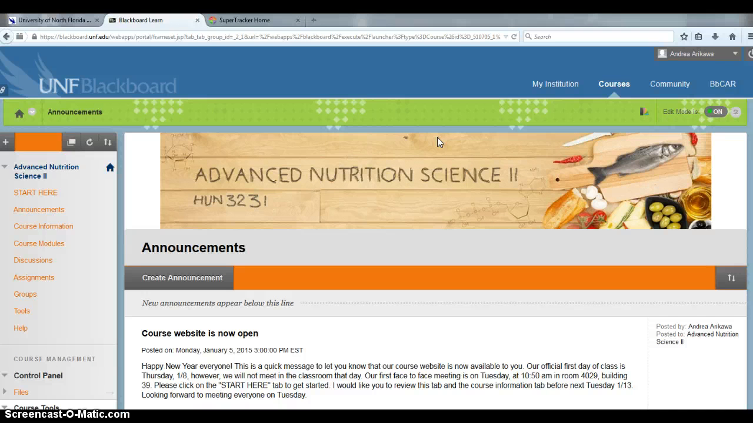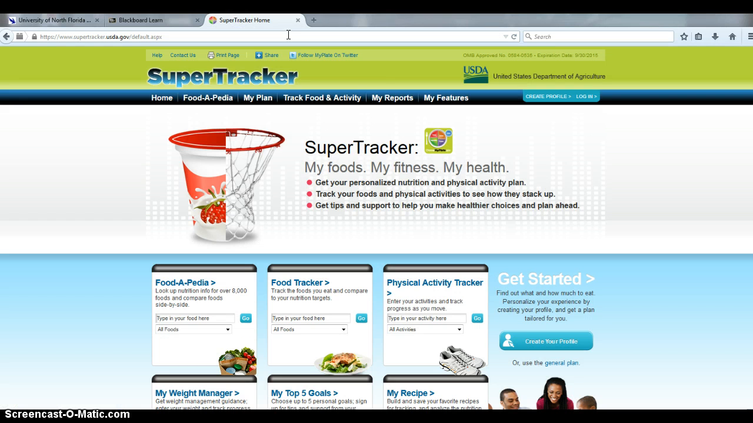However, you need to make sure that you get the type of report that I am going to show you now through Supertracker. If you cannot obtain this type of report using your different software that you may have in your phone, then I would like you to use Supertracker for this. So Supertracker is a free software. It's an online tool that is offered by the USDA,